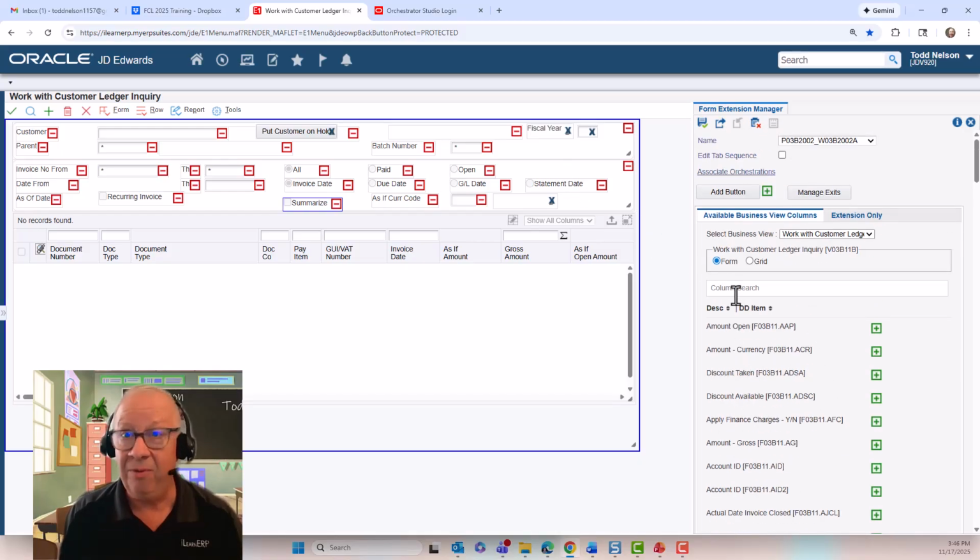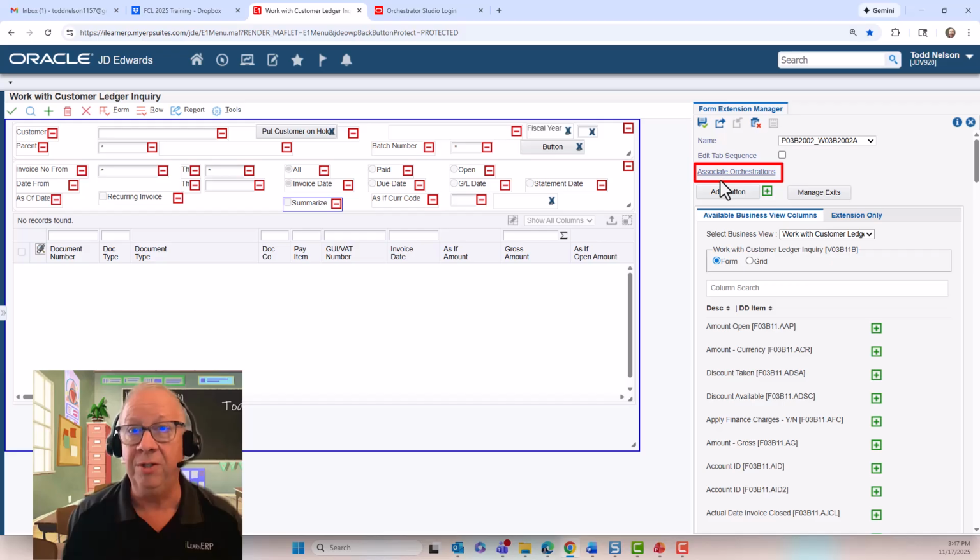If we just stop there with the functionality of form extensions, we would say, man, that's really great. This removes a lot of that custom code that I was already having to do in my applications. But the additional enhancements that were eventually added inside of here were equally impressive. You'll see up here, there are two things I want to show you. The first is where it shows us the Add button. This gives us the ability to add a button onto our page or our header, which can be mapped to any of our Orchestrator Studio content,